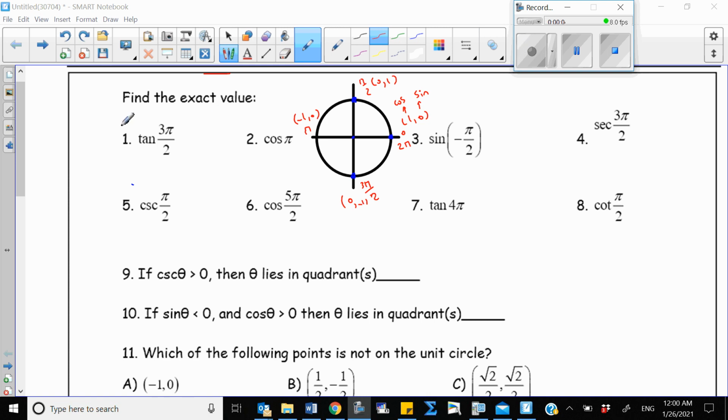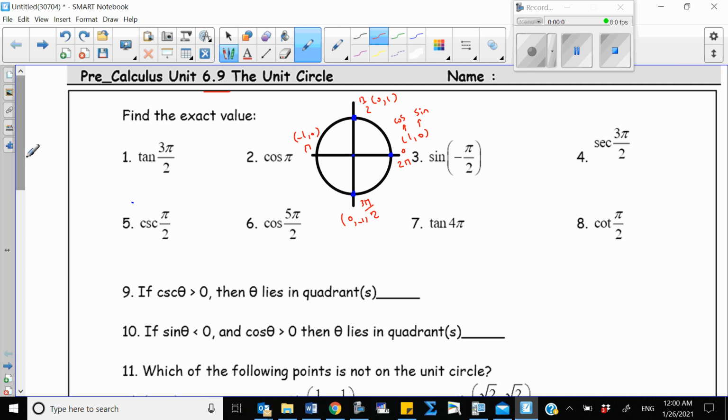Hi everyone, in this video I'm going to help you solve some of the problems on 6.9. For the first group of the problems, you need to find the angles first. Where are they located? As you look at the angles, you see they are all quadrantal angles. That means they are located on the borders of the quarters, like 2 pi, pi over 2, pi, and 3